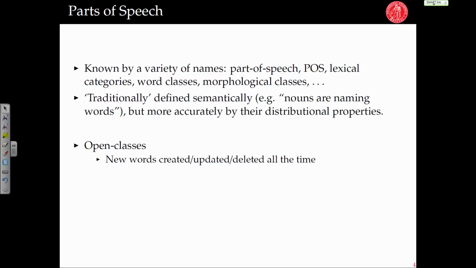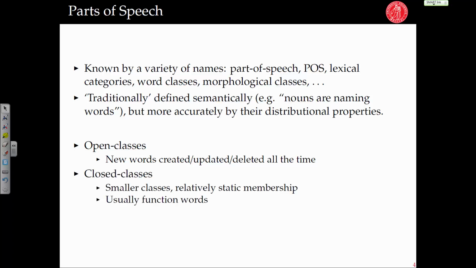So you can't actually have a fixed set and say that this is all the possible nouns, because maybe after a month there will be new nouns. But closed class is in contrast to open class. Closed classes would be things like prepositions, like determiners, like pronouns, where first of all the size of the class is relatively small, and it has a relatively static membership, meaning that it's difficult to add a new preposition. We don't coin new prepositions every now and then, right? So it's very rare that we add to these classes. So these will have a fixed number of